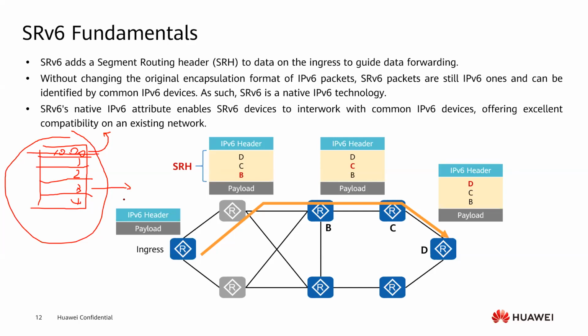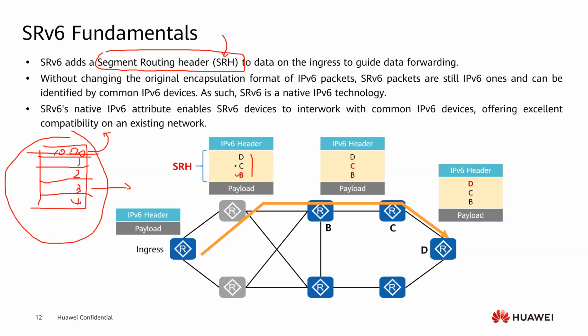But for SRv6, it is different. First, SRv6 uses a header called the segment routing header, or we can call it SRH. SRH looks like this. It is still a list, it is still a segment list,